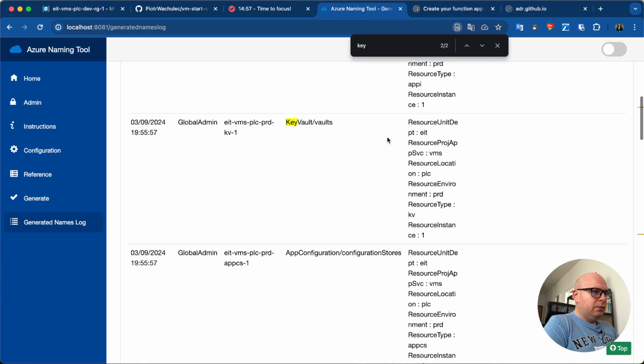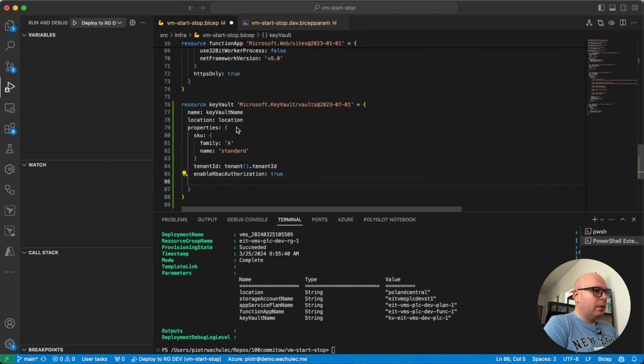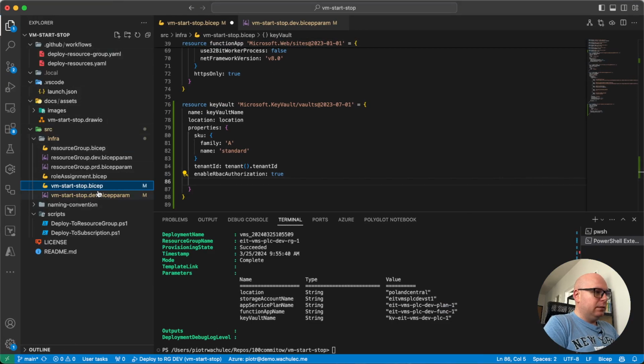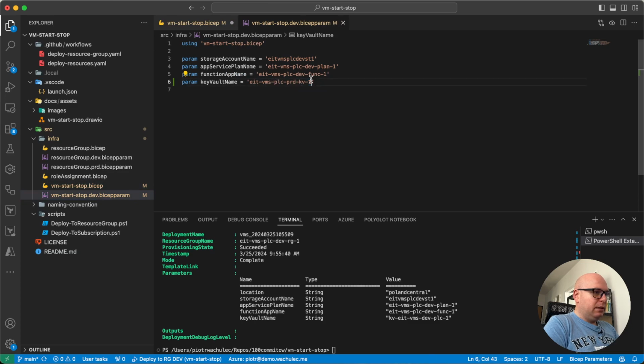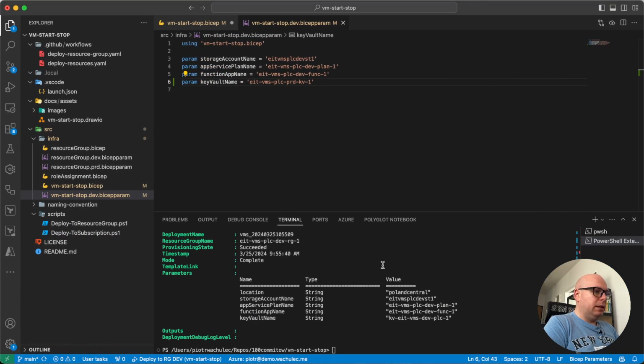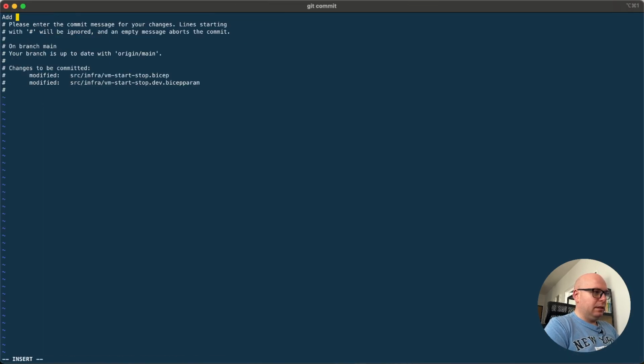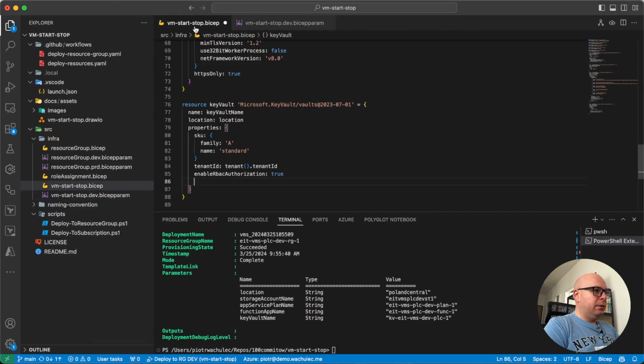Oh, I took yeah, of course I took not the proper name, so I will update my name here, but we can see that it deploys properly, so I will commit the changes, add key vault. Okay, so we already added key vault, and